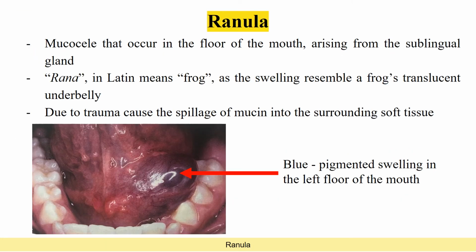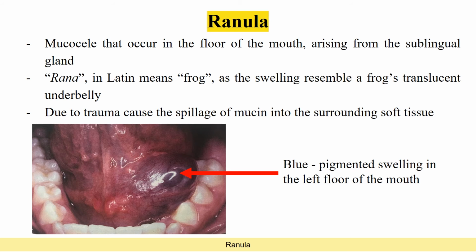Ranula is a swelling similar to mucocele that occurs in the floor of the mouth, but it usually arises from the sublingual gland. Rana in Latin means frog, as the swelling resembles a frog's translucent underbelly. The etiopathogenesis of ranula is the same as in mucocele, in which it is caused by trauma, which leads to the spillage of mucin into the surrounding soft tissue. As you can see in this clinical picture, there is a blue pigmented swelling